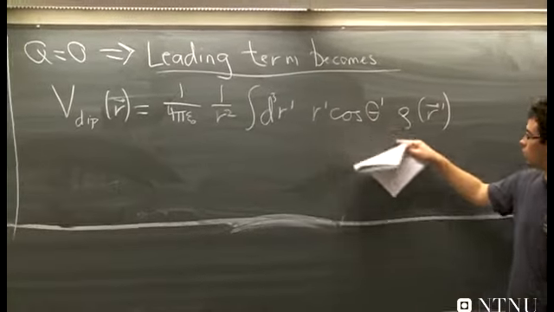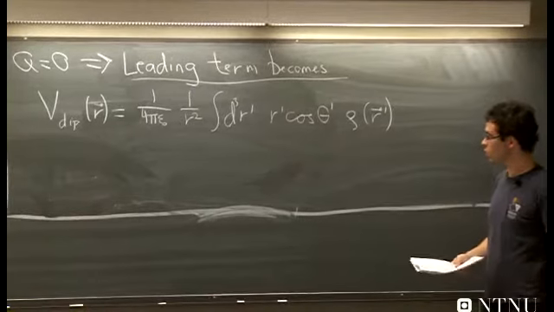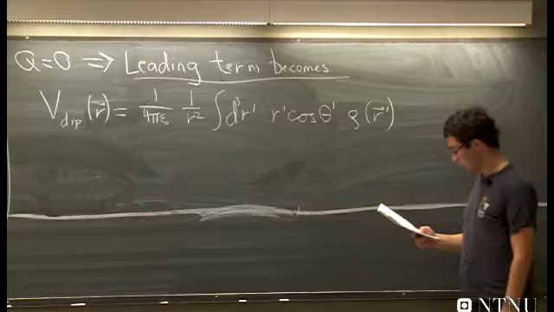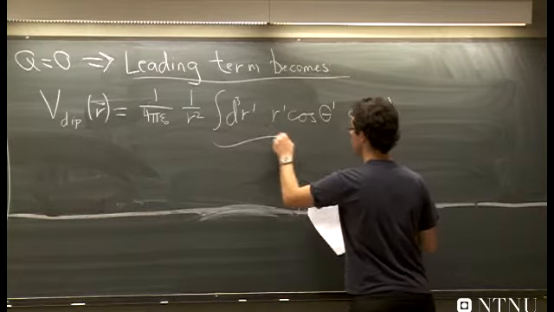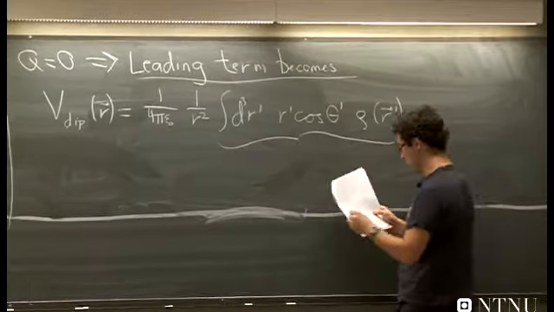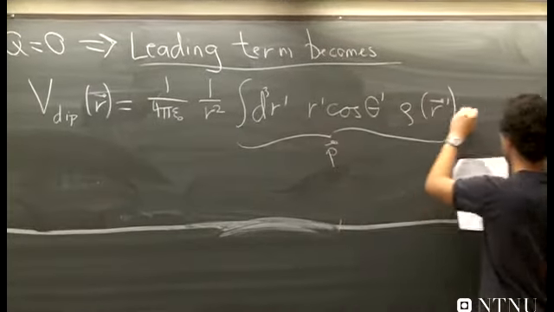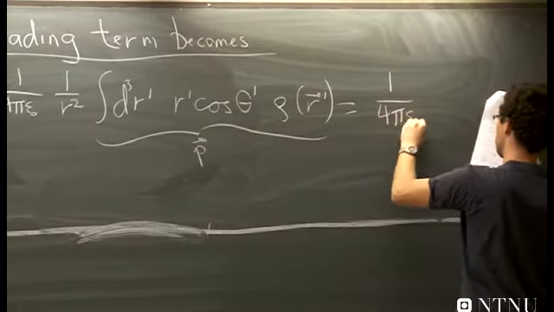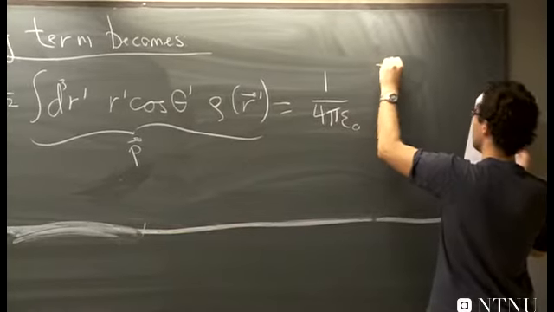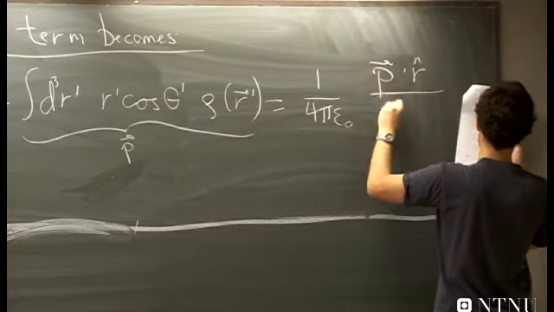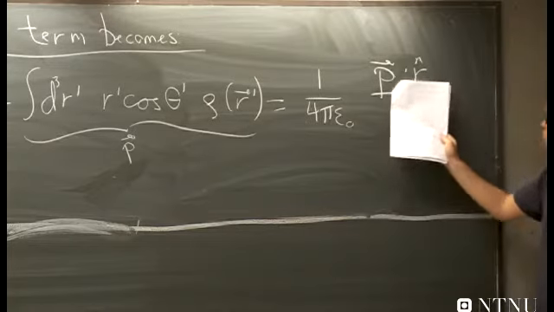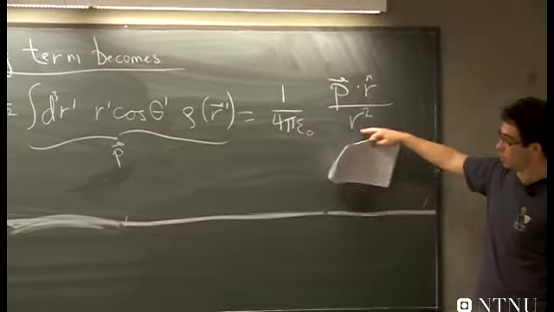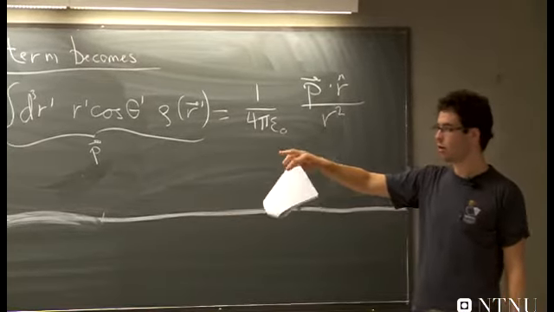So it's r prime cos theta prime rho of r prime. This integral is now called the dipole moment. So I can write this as 1 over 4 pi epsilon naught p dot r hat over r squared. As you can see, for the monopole term it's 1 over r for large r,